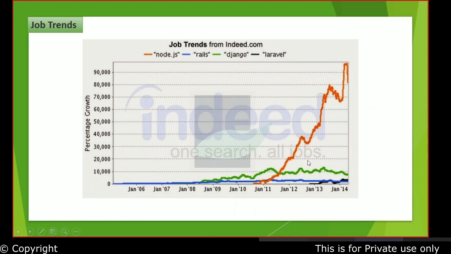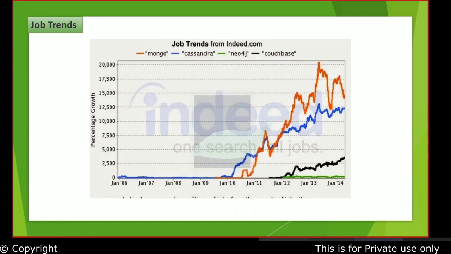So essentially, there are more and more clients or corporates looking for people who have Node.js as one of the technologies which they can work with. So the trend is clearly high, and this is again a stat in 14. It is totally different now. It is much more when you speak about Node.js. Same on the MongoDB end.